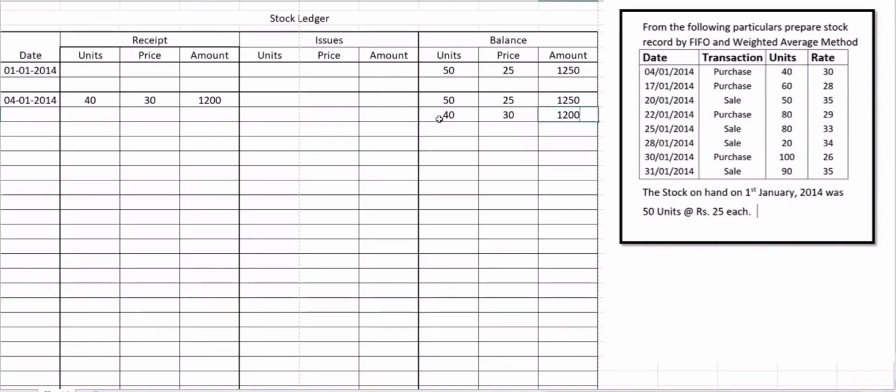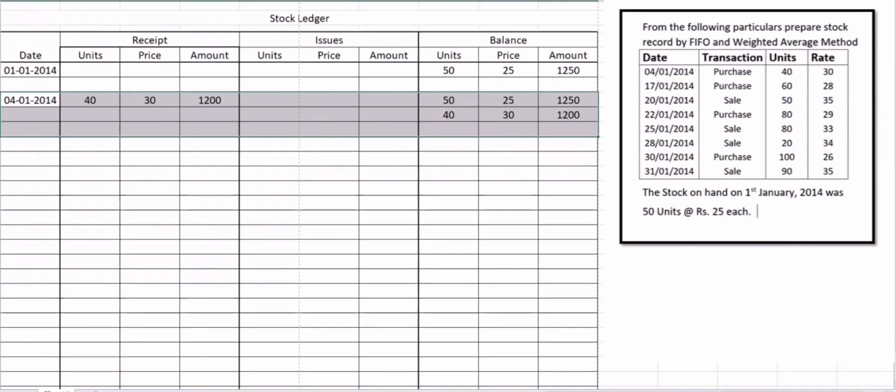Since we are preparing stock ledger by FIFO, we are not going to add or take average of the same. Okay, so here after that,